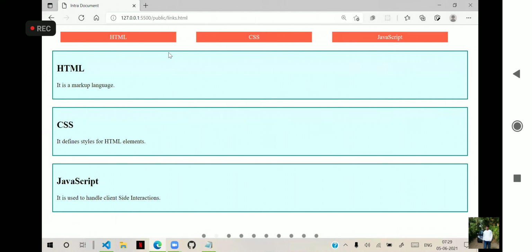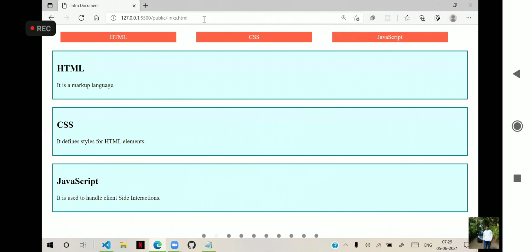But that topic is kept in the URL. You see, hash HTML is working. That means it sets the target, but it is unable to reach the target.